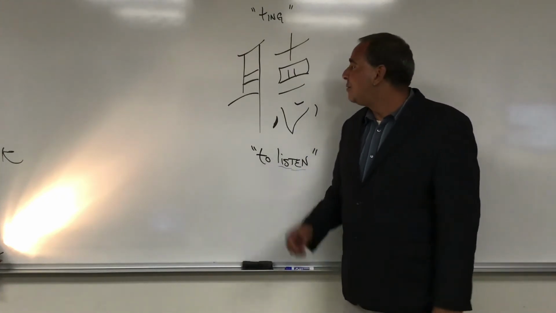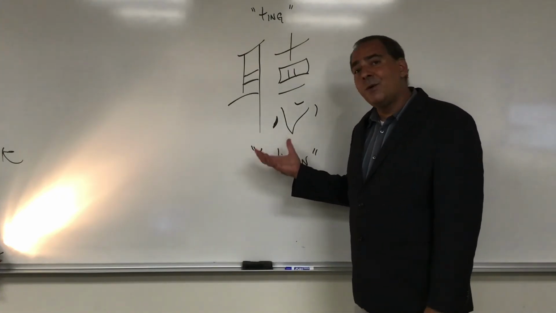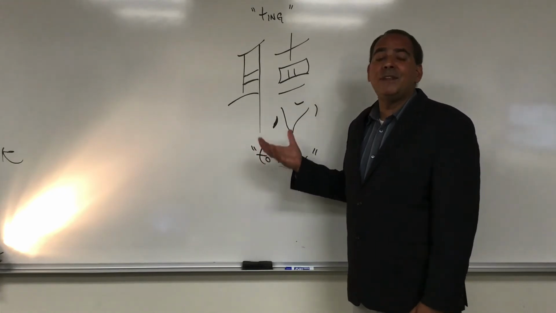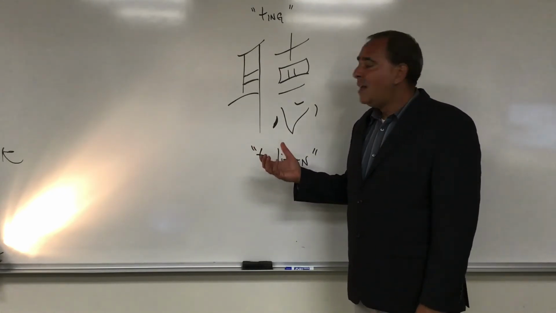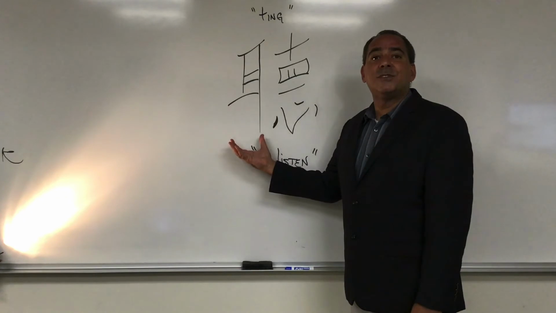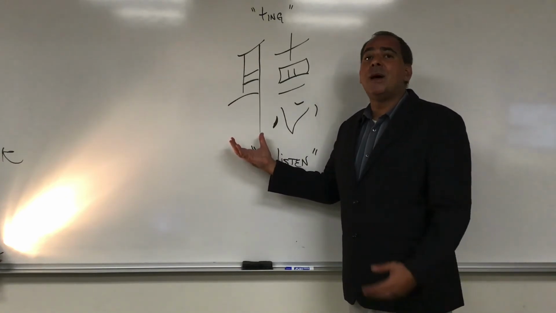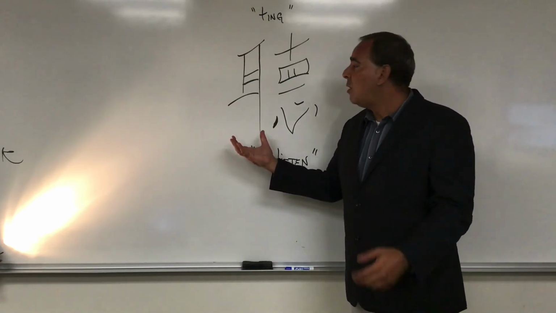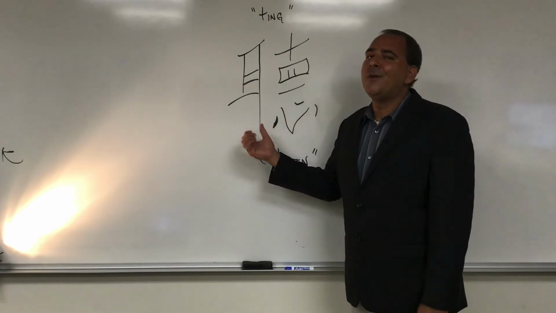However, in the logograph that we see above here, there are pictorial representations of what the listening process should entail. This character over here is supposed to represent a person's ears. So as we draw out the character to listen, we know that we need to listen with open ears.